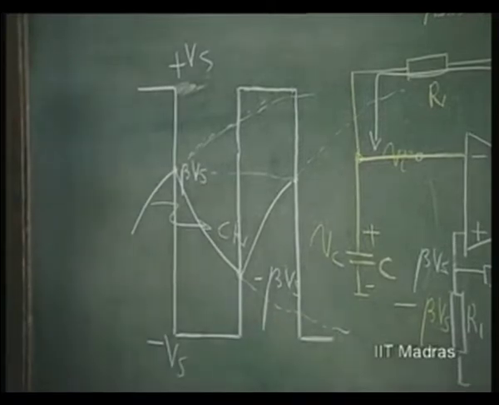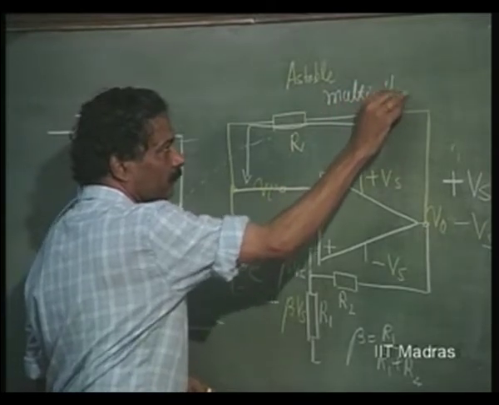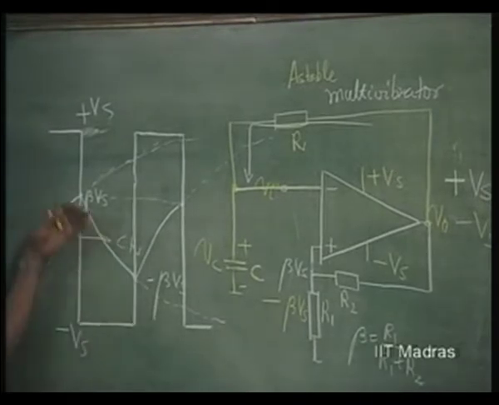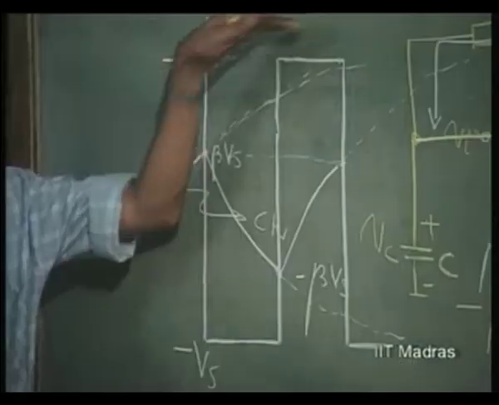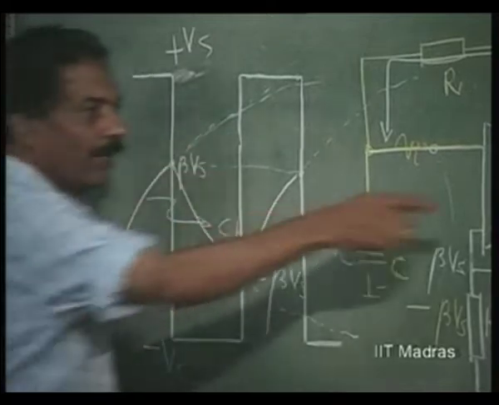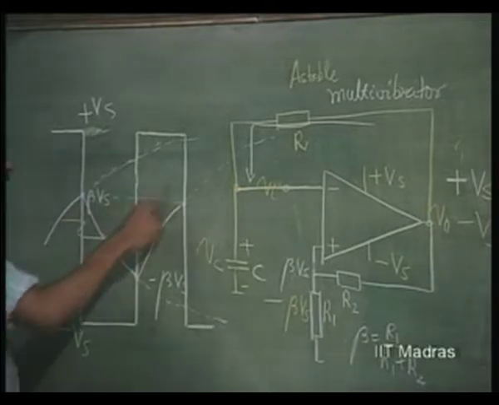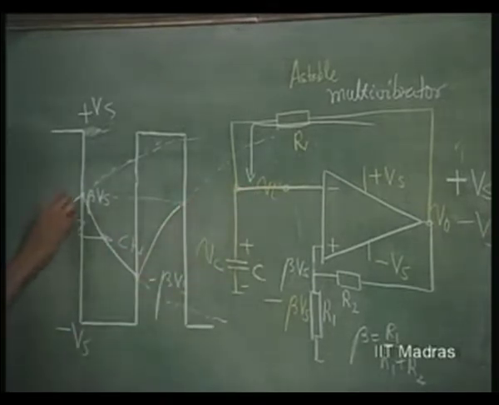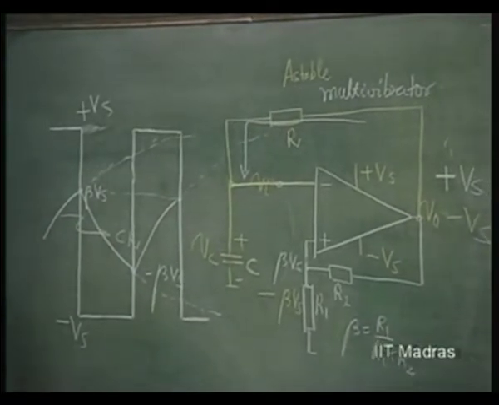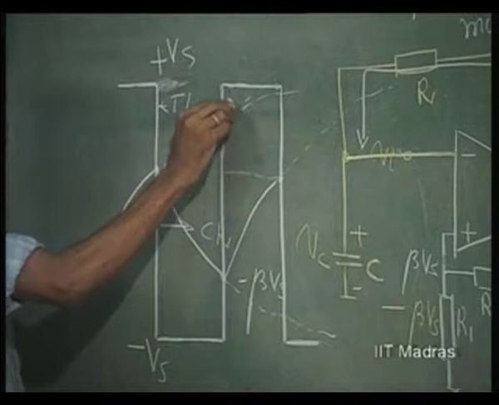This is what is called an astable multivibrator. It keeps changing the state from plus Vs to minus Vs to plus Vs, goes on its own, and therefore it produces a square wave at this point and an exponentially increasing and decreasing waveform at this point, this kind of wave. In fact, you can therefore find out this time interval. This time interval and this time interval will be the same,